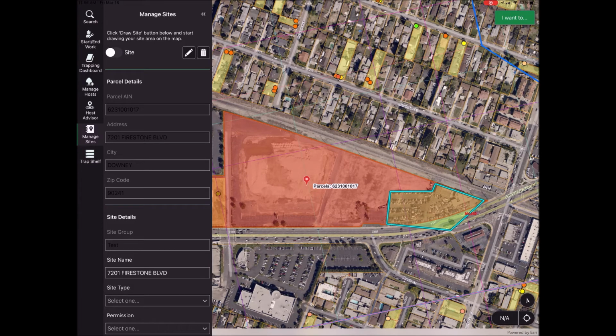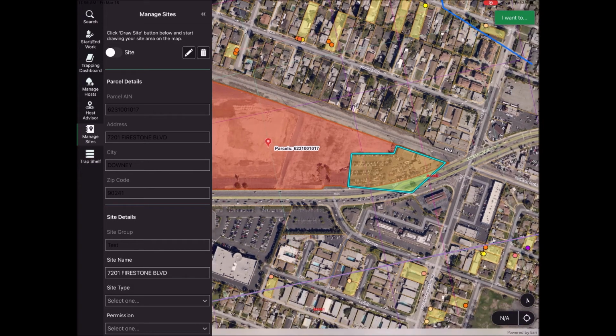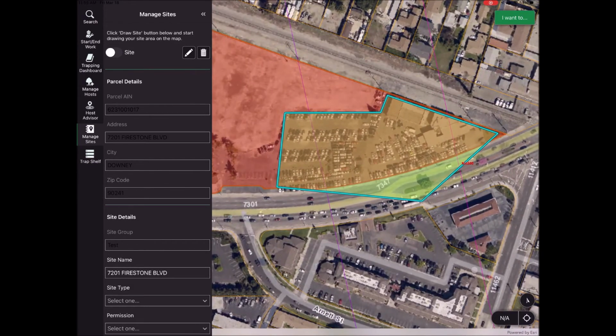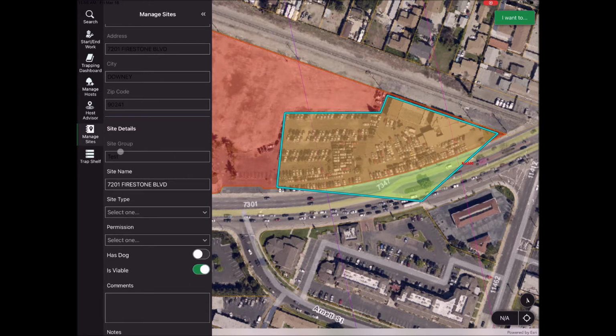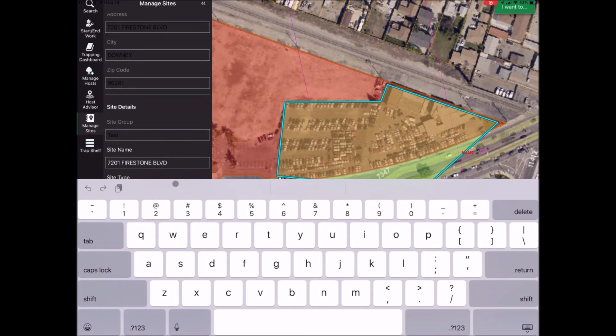Okay, so you can see how this shape is a very unusual shape. It also has gone outside the boundaries of the parcel to include this tree. So going to site details, you notice how the site group now is locked because this is the same site group. We can't rename it. For the site name, you can delete the address if you want. I like to keep it there for consistency, but yeah,